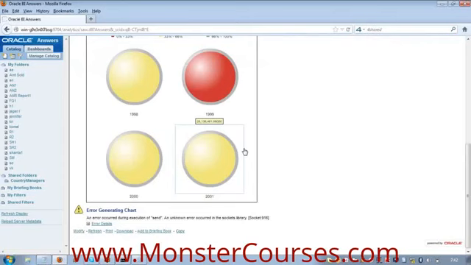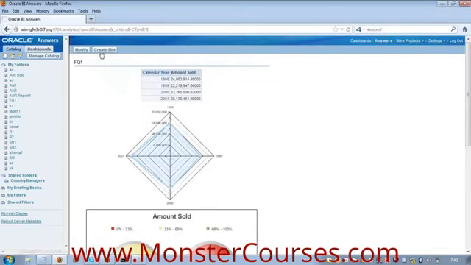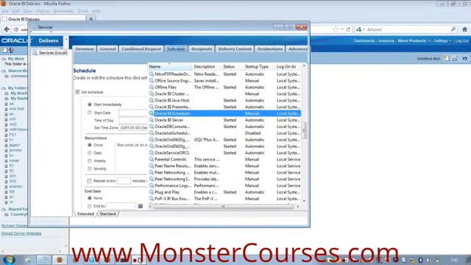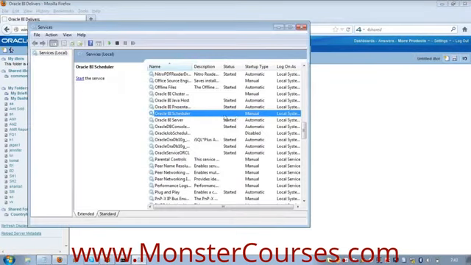This is one report, right? You see something called Create iBot. Click on this, it opens Oracle Delivers. Now, this will work only when the scheduler server is started. Right now it did not start because I did not configure it.